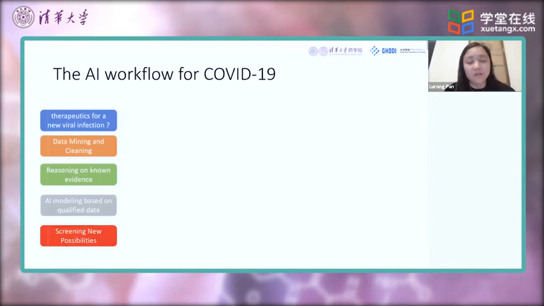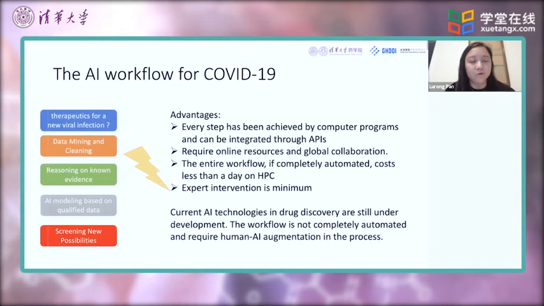Then we use that model to screen new possibilities for treatment. So this is the high level, and in the following talk, I'm going to give a stepwise introduction to each part of this workflow. First of all, let's talk about why this workflow could work.